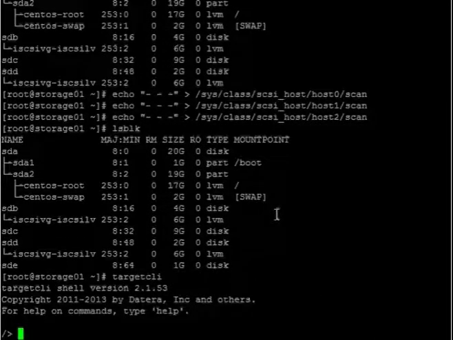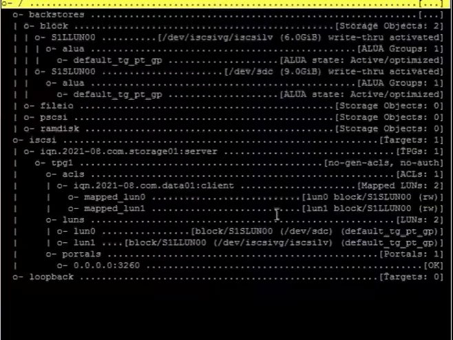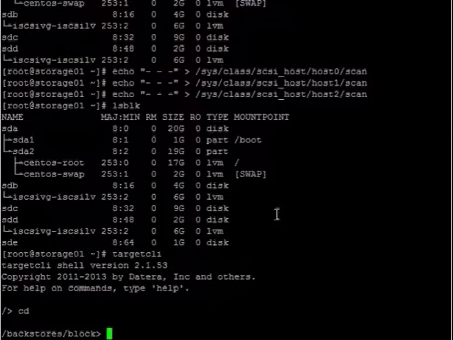Since this is a non-LVM partition, the process is a little different. We need to add the disk to our backstore. First, let's add the disk to our backstore.